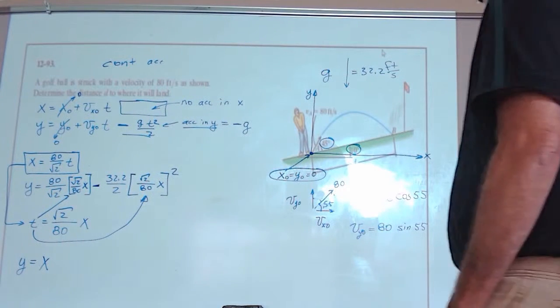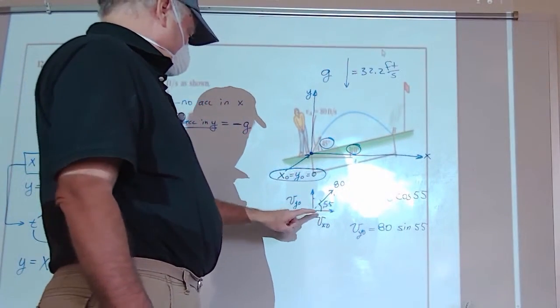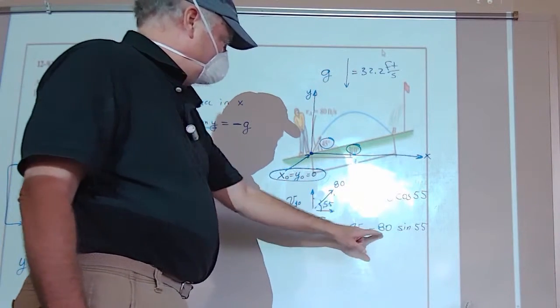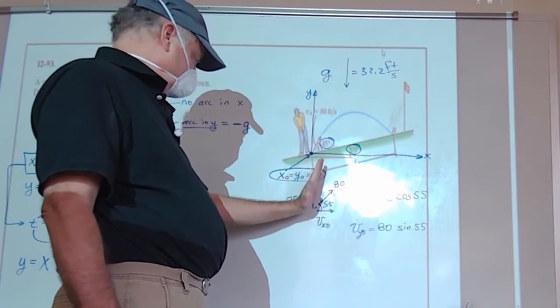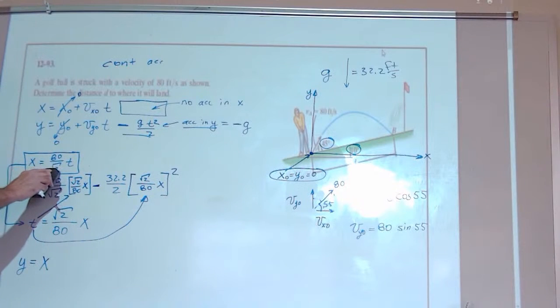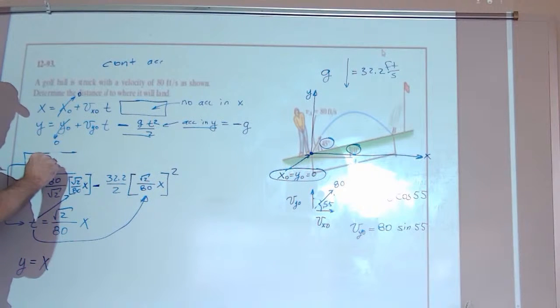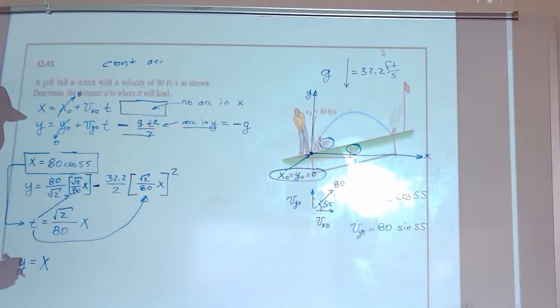Nobody ever said I wouldn't make a mistake. So 55, cosine 55, sine of 55 going up. This doesn't look like 55. It should be kicked up a little bit more. Then I've got a problem here. So let me move this over. This becomes 80 cosine 55, and